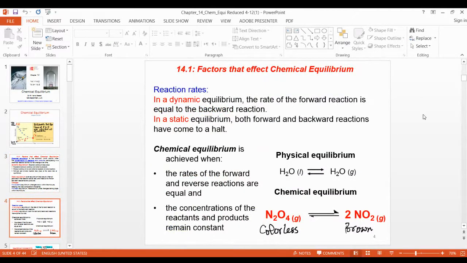And some reactions have physical and chemical equilibria. In physical equilibria, the composition never changes, only the state changes, like water changing state. That is physical equilibrium. And when the composition changes, that is chemical equilibrium. In the composition, the compound totally changes. Suppose N2O4 changes to NO2, like this.